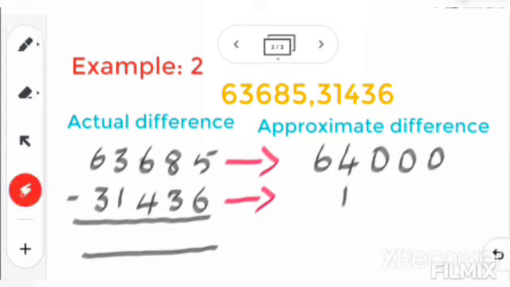I think you understand. Since this 4 is smaller than 5, we don't make any change in the thousands place. We write this 1 as it is in the thousands place. Earlier, since in the hundreds place the number 6 was more than 5, I added 1 and this 3 became 4. But here, in the hundreds place, this is 4. It is smaller than 5. Smaller than 5 means we don't make any change, so we write this one as it is.